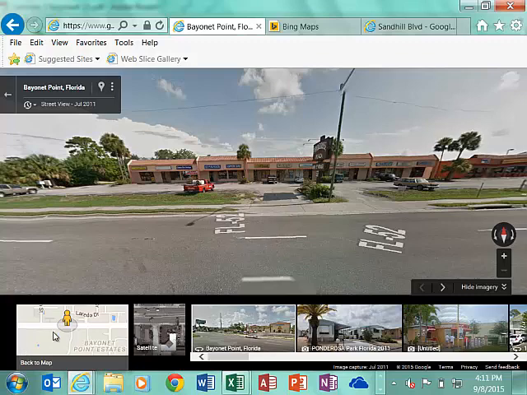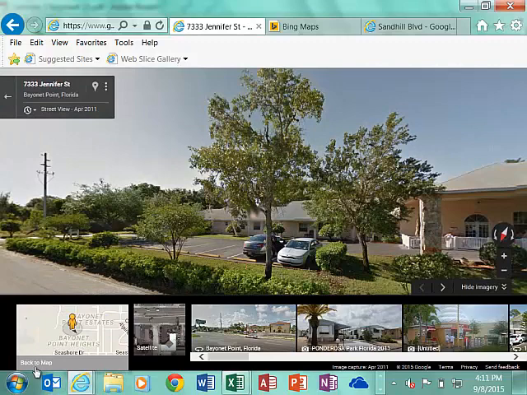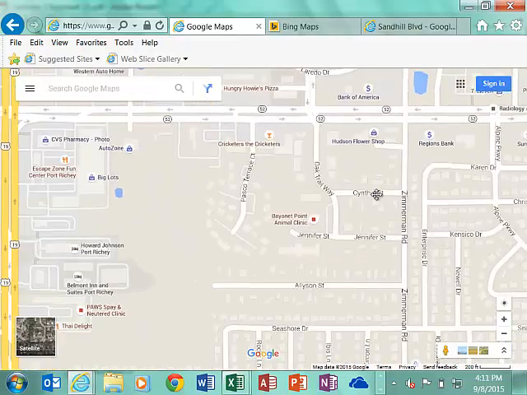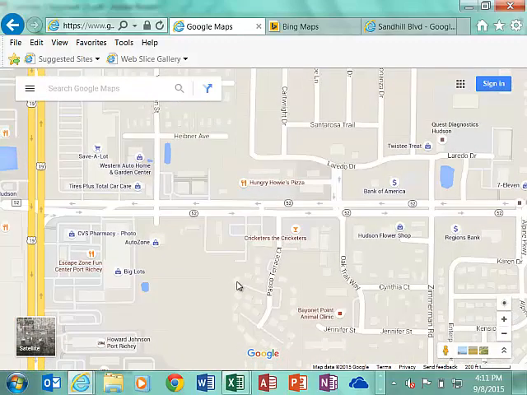And let's see if I can get back to the aerial view, back to the map. So that's something you can use during the scoping stage. Once your table is completed, you've got 60% plans or just prior to 60% plans, you would go